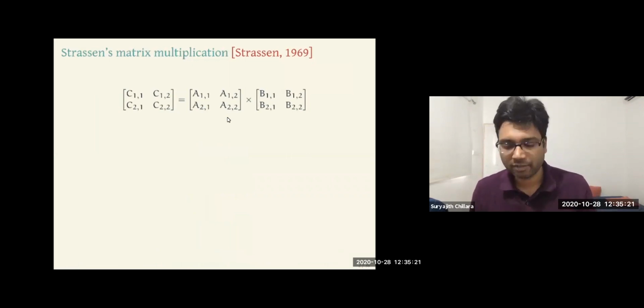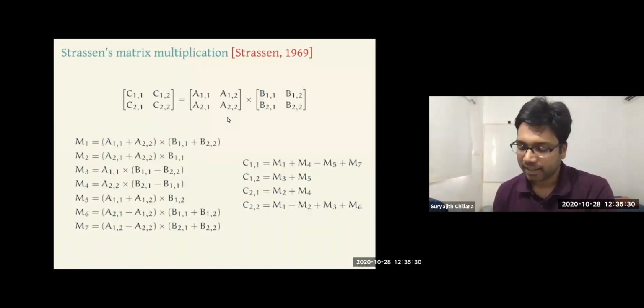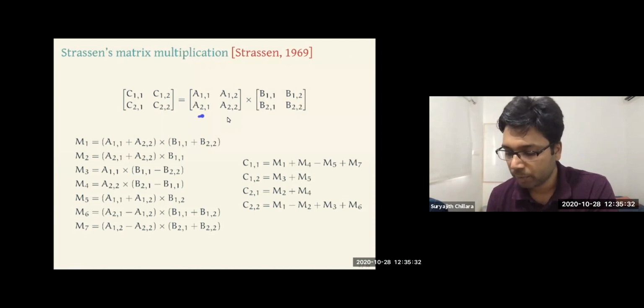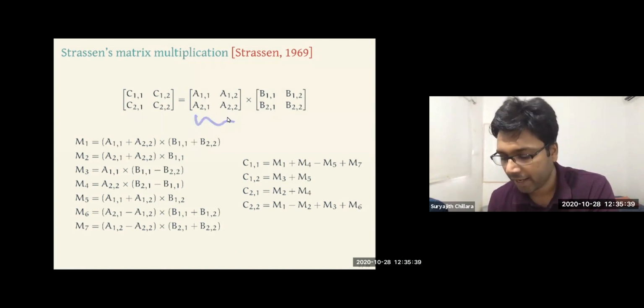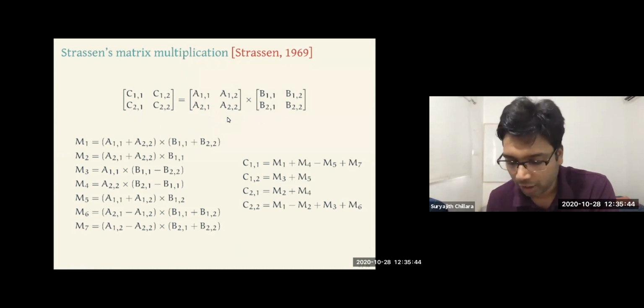This is an algorithm that we see in an algorithms course, an algorithm for 2 cross 2 multiplications. Strassen gave the following algorithm: take two matrices A and B, they multiply to give a product C. Consider that the entries of A and entries of B are in fact variables. So now your output, this product matrix, each of its entries is a polynomial in the entries of matrix A and entries of matrix B.